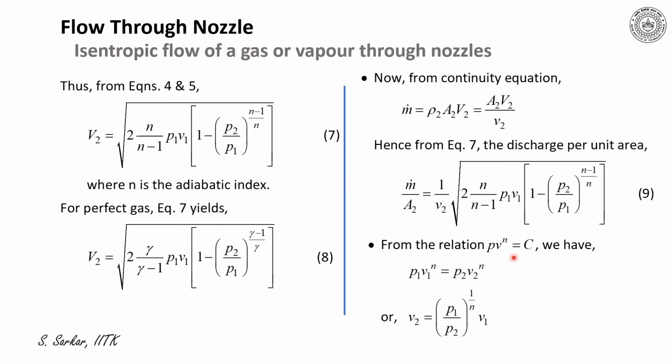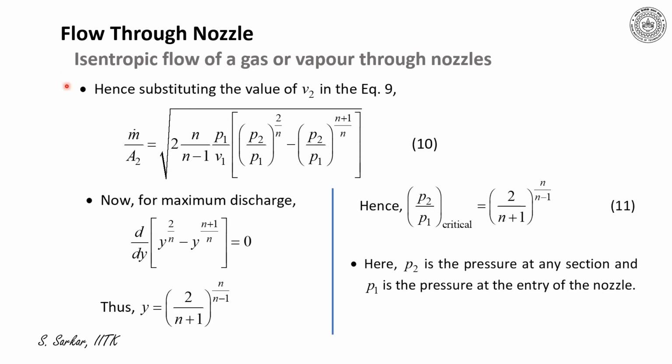Furthermore, from the relation PV to the power n is equal to constant, we have P1 V1 to the power n must be equal to P2 V2 to the power n. Thus, V2 is equal to P1 by P2 to the power 1 by n into V1. Thus, here I can put the value of V2. Now, substituting the value of small v2 in equation 9, we have m dot divided by A2 is equal to root over twice n divided by n minus 1 into P1 V1 within the bracket P2 by P1 to the power 2 by n minus P2 by P1 to the power n plus 1 by n,